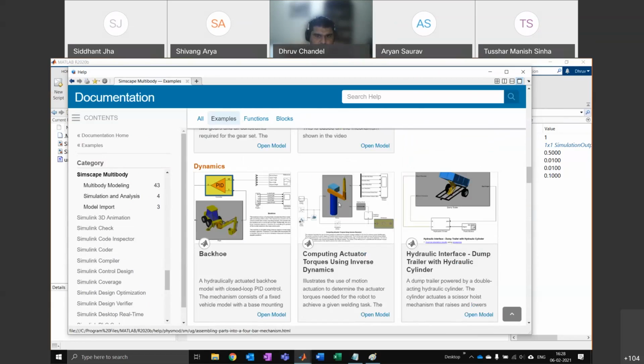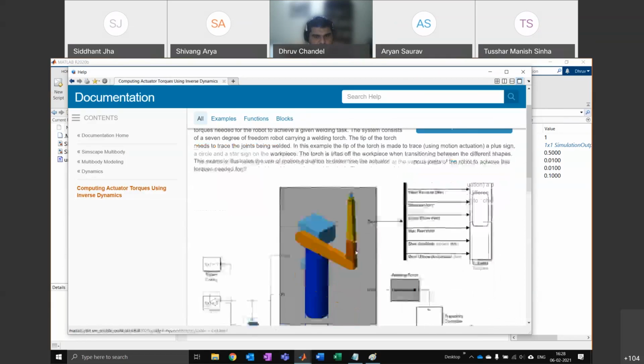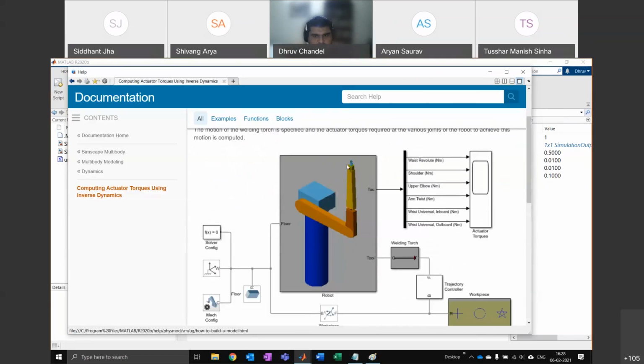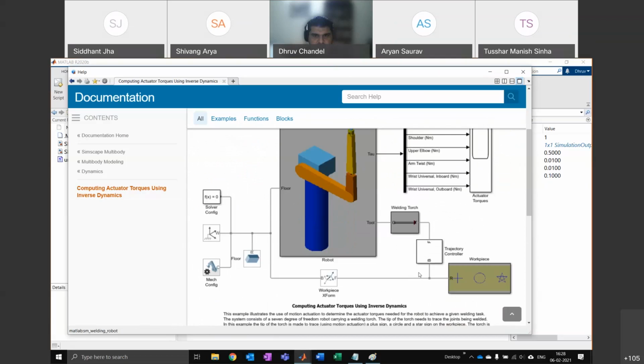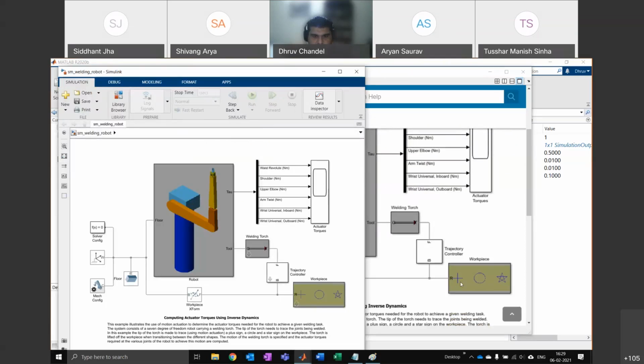And we'll use this one. So this is the model of a small welding robot, which has been built inside Simscape Multibody. What it does is it takes its arm to this workpiece, and it's going to weld certain shapes or draw certain shapes on it. And each of these pieces that you will see, and the animation, comes out of Simscape Multibody.